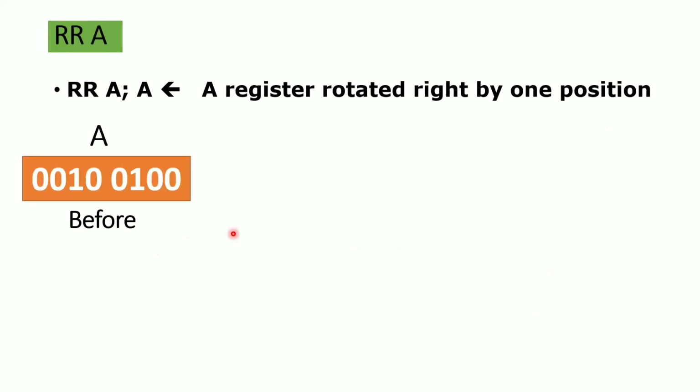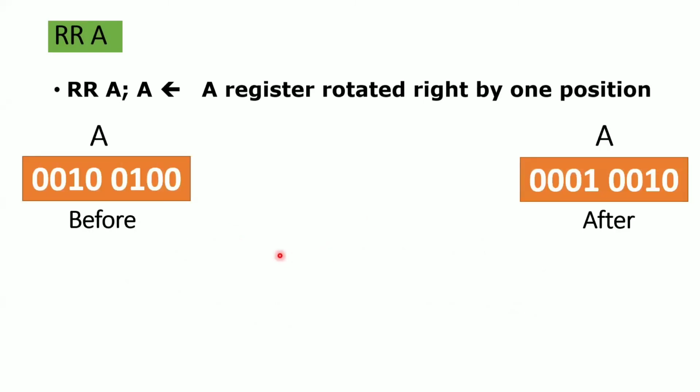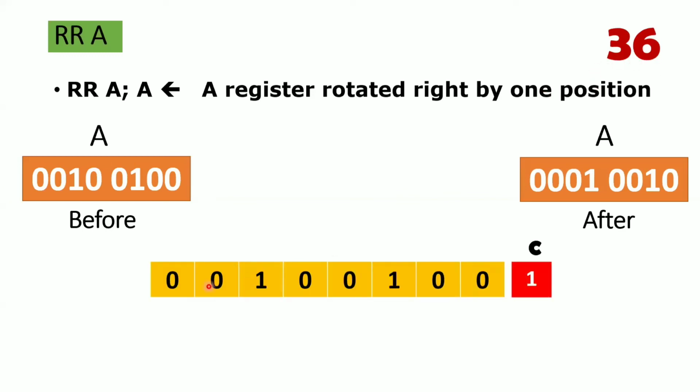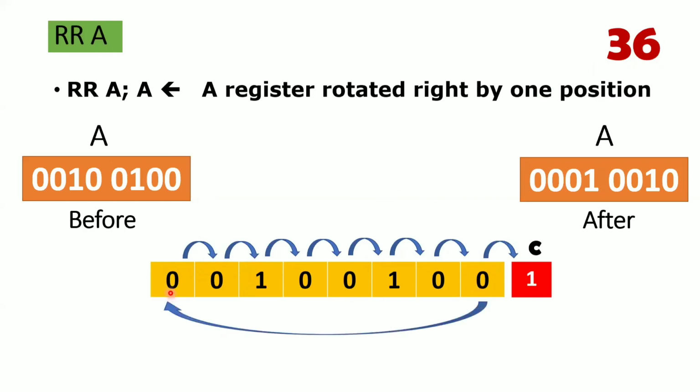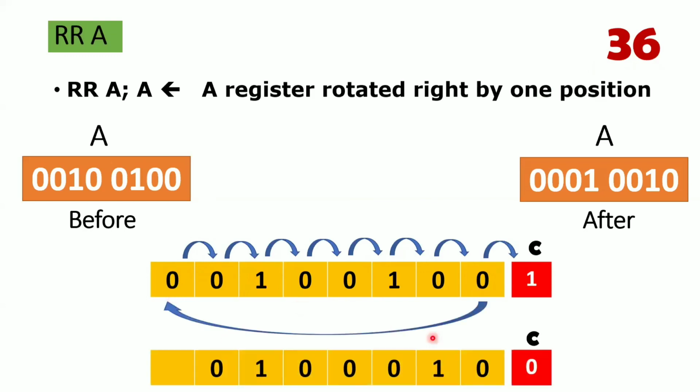Just like rotate left, you are rotating the bits by 1 bit in the right direction. Still we will take the 36 value. Whenever you want to perform the rotate right operation, shift the bits by 1 position. I am performing the operation from the MSB, not from the LSB, right? Whatever the bit from the LSB becomes the carry flag bit, and the same bit will go to your MSB position. This is the rotate right operation. Now you see here, the carry flag bit is replaced with the 0, and this 0 bit will go to this particular position, which means obviously this bit becomes 0.